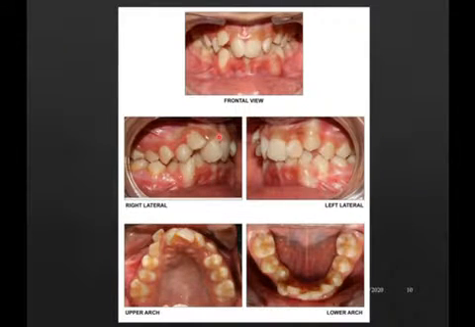Coming to the intraoral features, the patient has a class 1 molar relationship on the right side and an end-on canine relationship. On the left side, the patient has a class 1 molar relationship, but the canine relationship cannot be assessed as 33 is impacted because of the unavailability of space. In this case, the patient also has a narrow arch for which expansion will be required, and in order to relieve the crowding, extraction will be required.